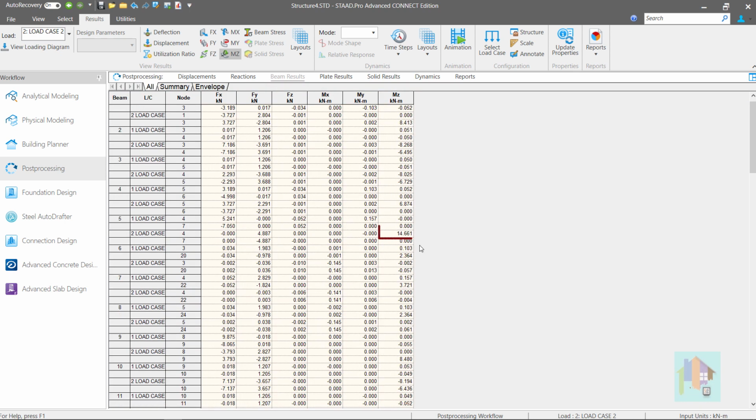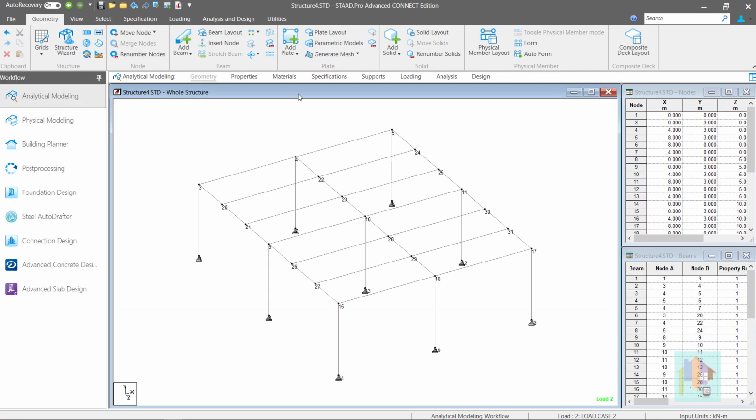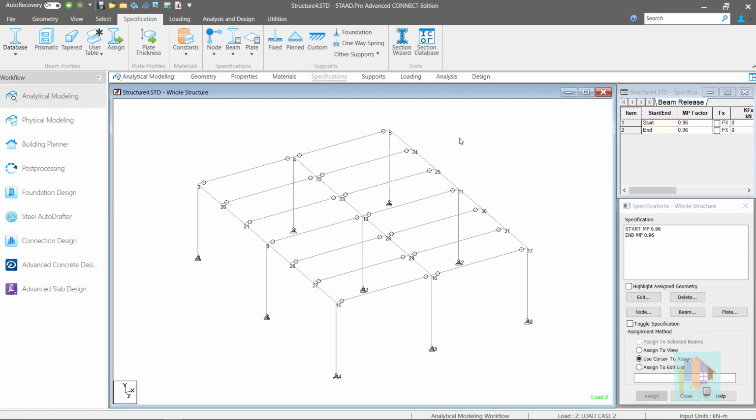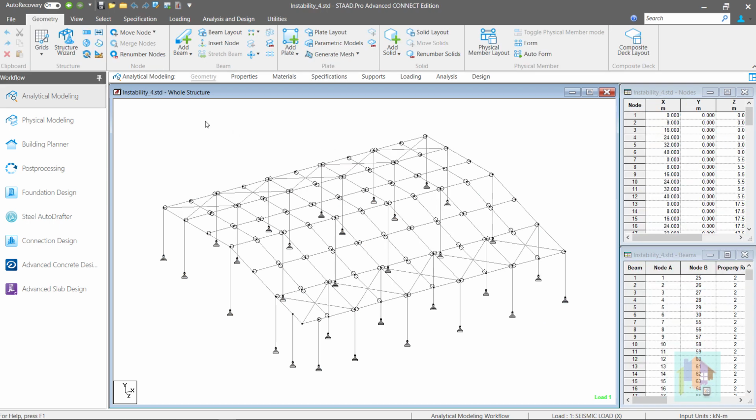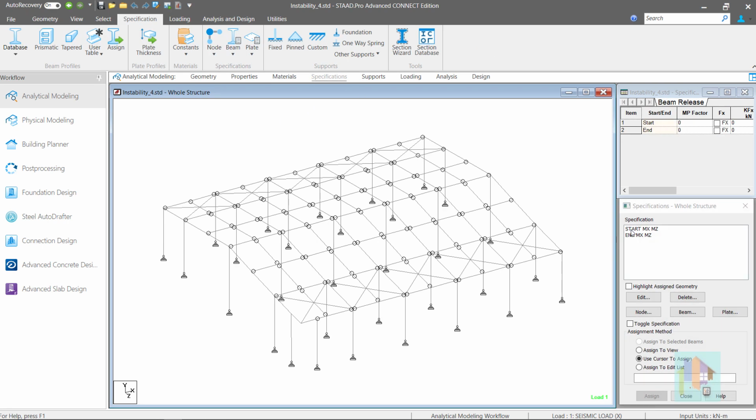We need to consider this moment value during CR connection design. Assigned connection must have at least 15 kN meter moment carrying capacity. This model seems fine now. We can follow this approach for any unstable structure. Review and change the stiffness value to optimize the deflection and force values in a structure. This is all about instability and zero stiffness condition, how to identify and rectify the problems.